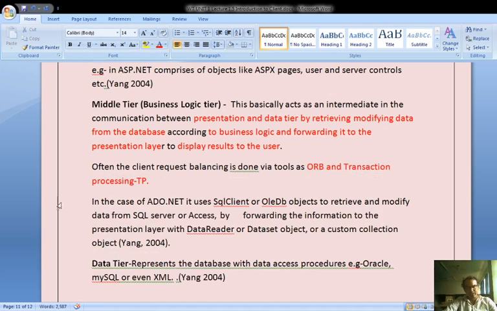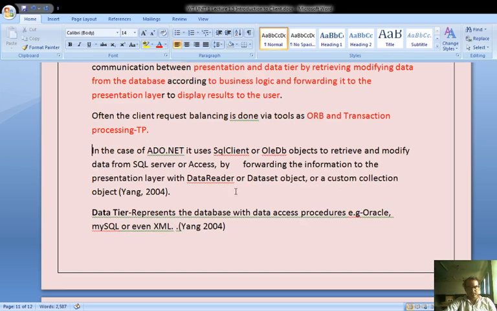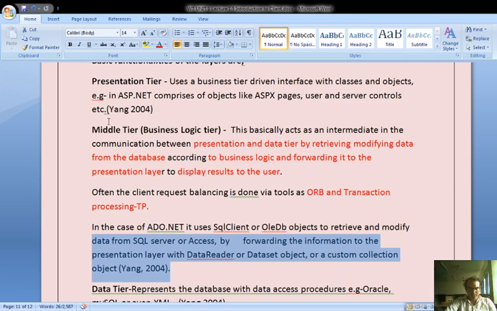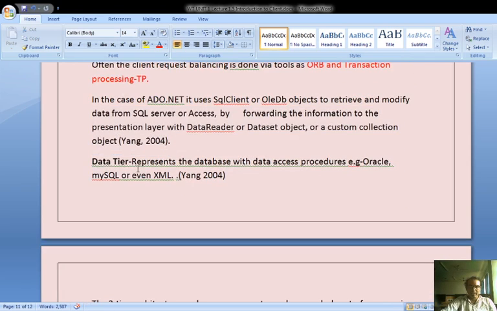In the case of ADO.NET, it uses SQL client or OLEDB objects to retrieve and modify data from SQL Server, forwarding the information to the presentation layer with data readers or data sets. Now these are data objects and custom object collections. So this is how technically it handles things at the middle layer. At the data tier, we represent a database with a data access procedure.